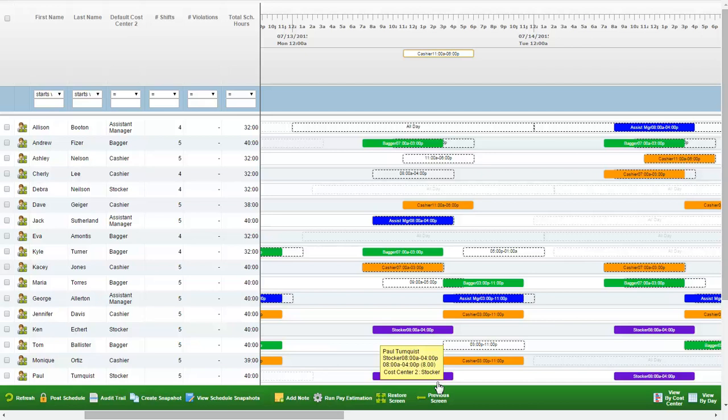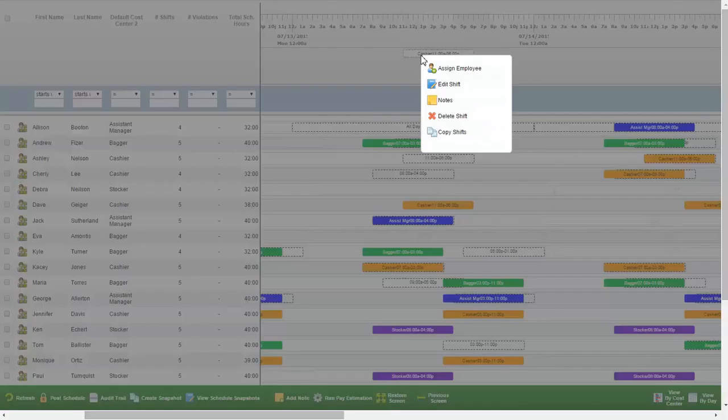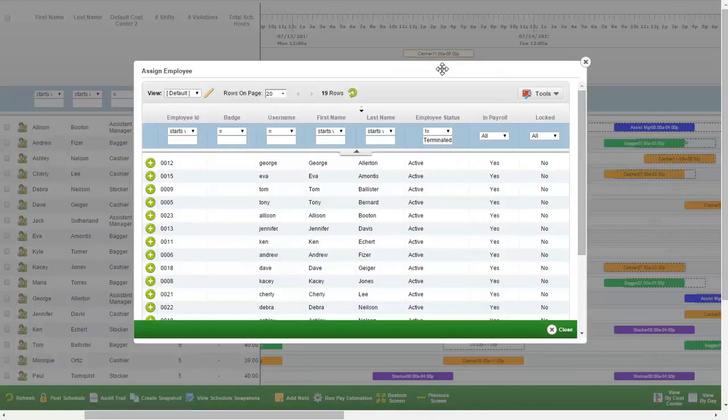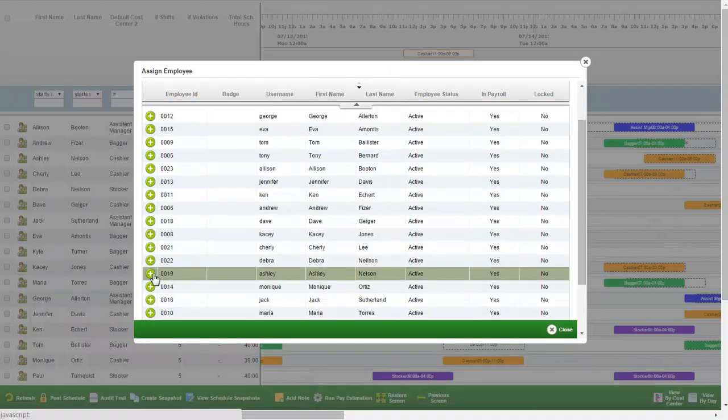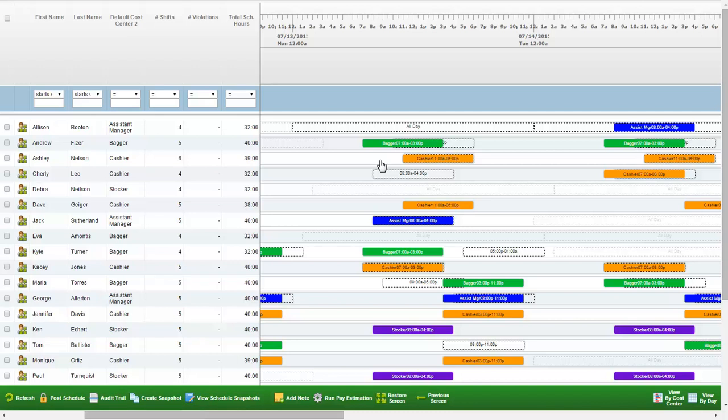Another way to add a shift is to click on the open shift itself, and then you can assign it to an employee. In this case, let's assign the cashier shift to Ashley. We have now assigned all of the open shifts on Monday,